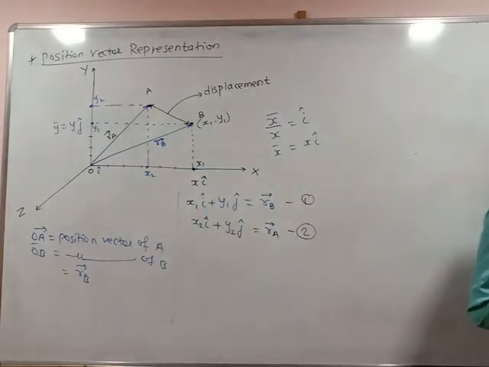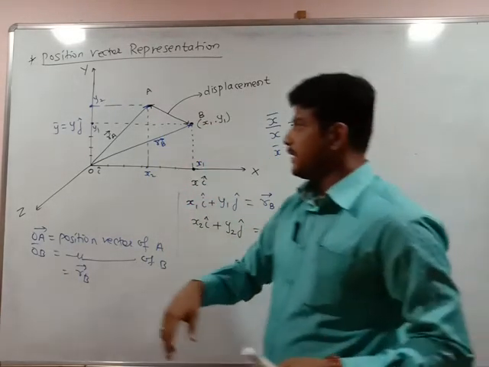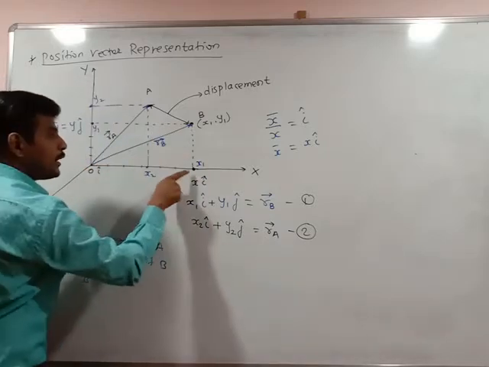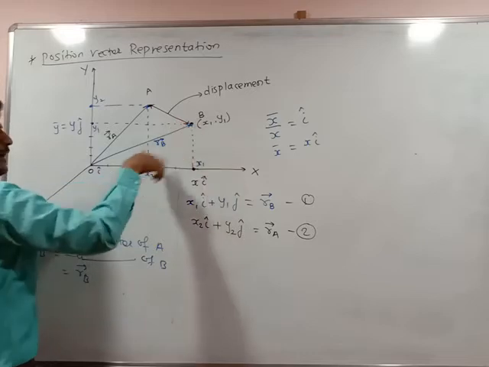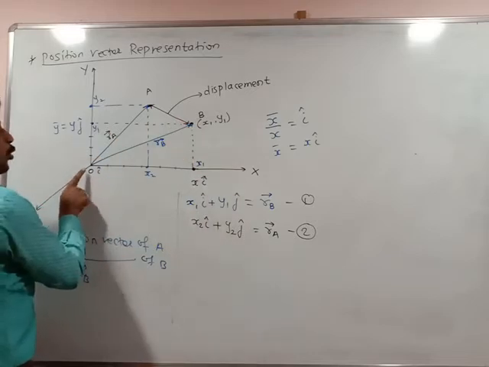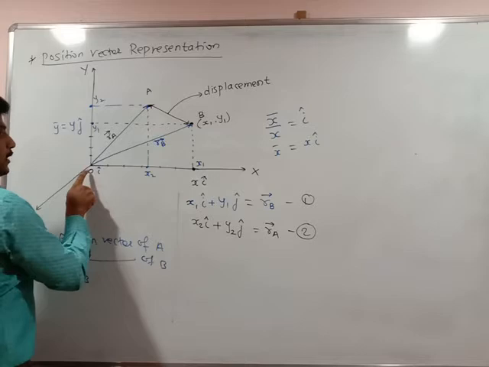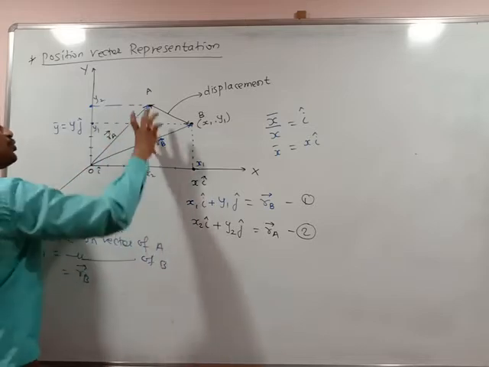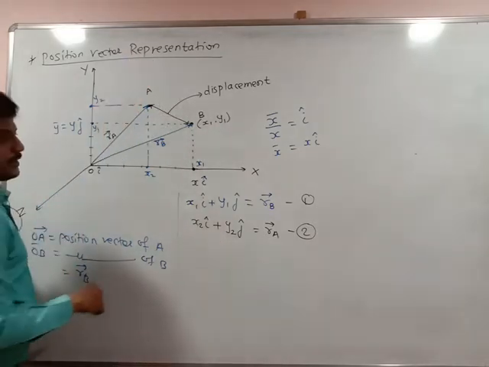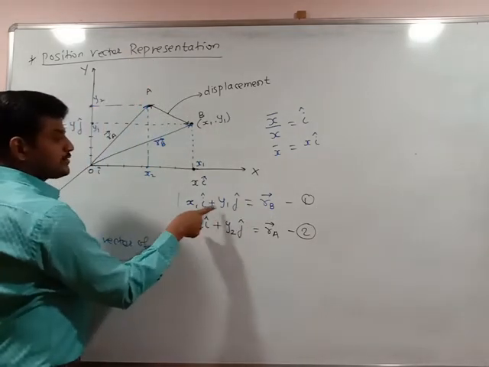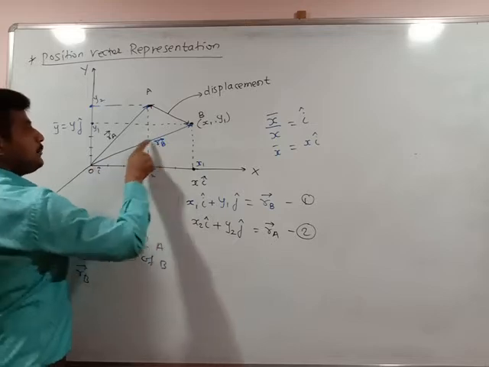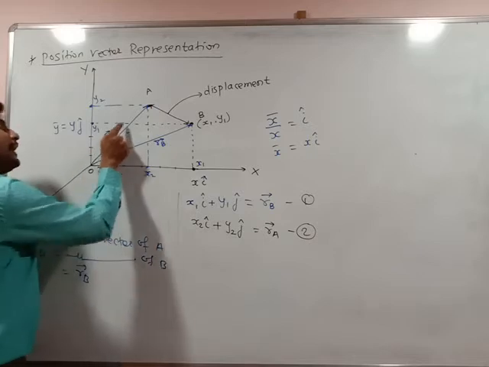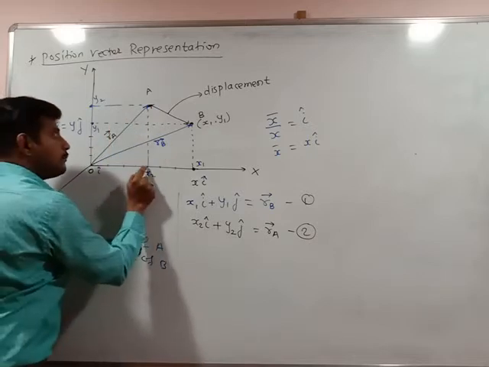The point at which we are reaching is B and A. Instead of going directly O to B, that is RB, we are traveling from O to x1 and x1 to y1. Instead of reaching directly from O to A, RA is equal to O to x2 plus x2 to y2, O to x2 along the x-axis and x2 to y2 along the y-axis. So RB is always equal to x1 plus y1. RB is equal to x1i plus y1j and RA is equal to x2i plus y2j.